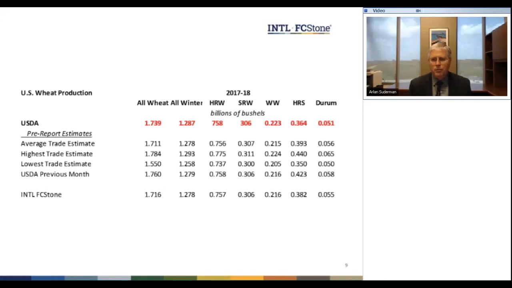This is not other spring, this is hard red spring, not counting the white spring. I was looking for 382, the traders at 393. USDA did not change harvested acres. I knew that they didn't like to do that in August, but based on the reports that we're seeing and our observations from our people in the region, we felt like the abandonment or making hay out of the wheat instead of grain was so big that they wouldn't have much choice but to make another adjustment in this report.